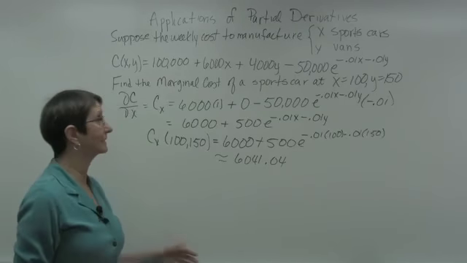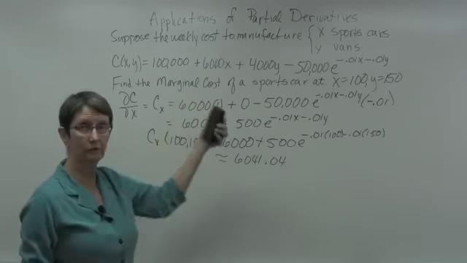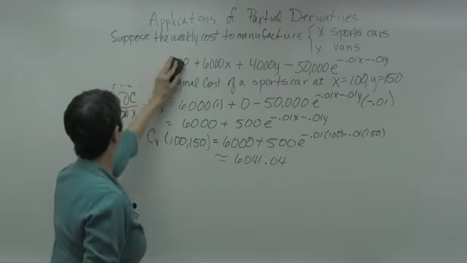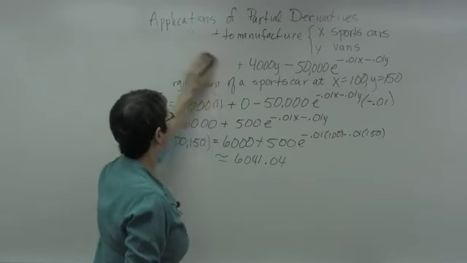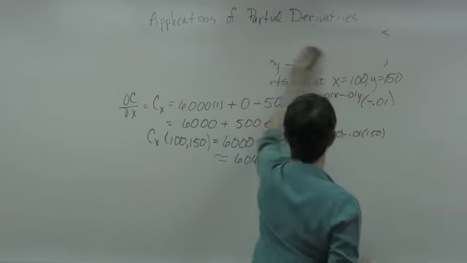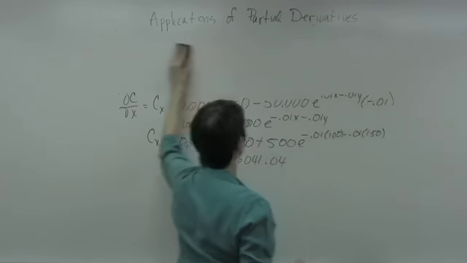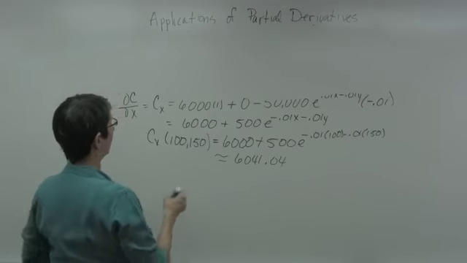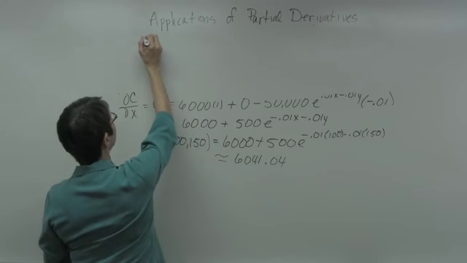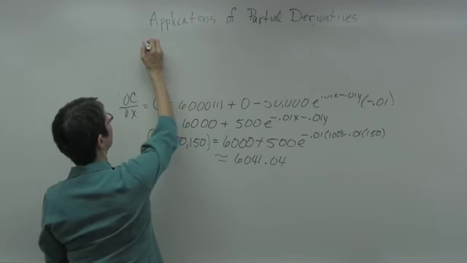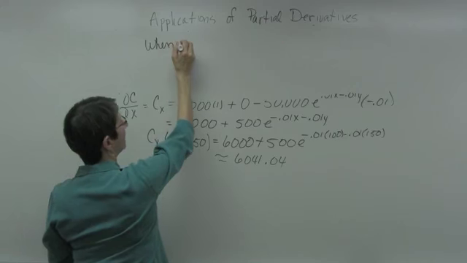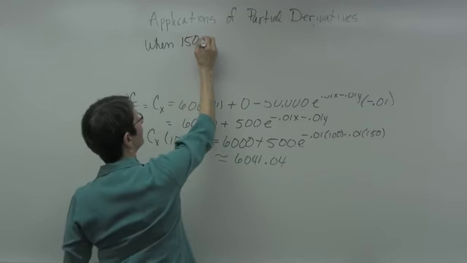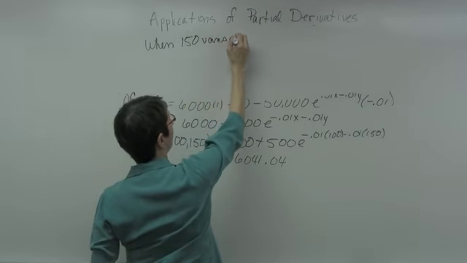So what does that really mean? It said find the marginal cost of the sports car, but what does it actually mean as far as what we're talking about here with two variables? Remember, we have two variables. So we can say, when 150 vans are manufactured,